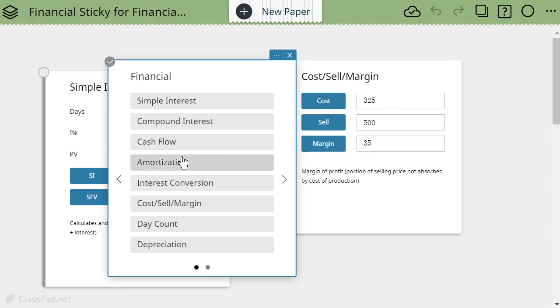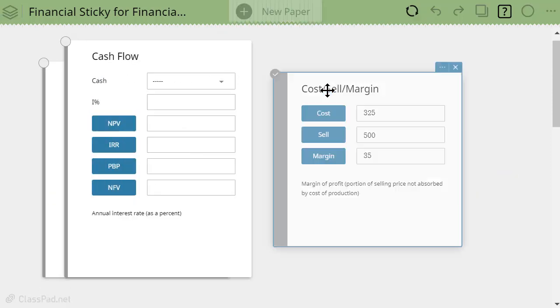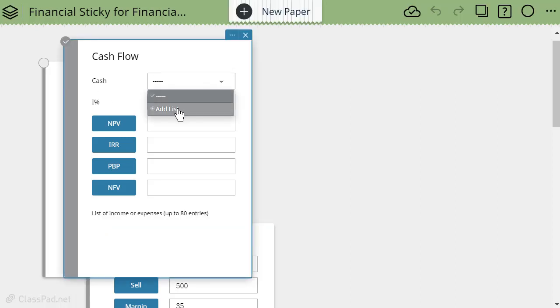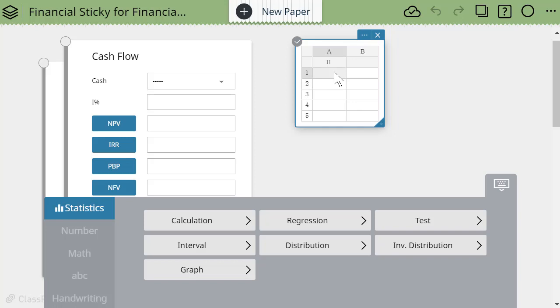But if we were to look at, say, cash flow, where I'm trying to maybe see how much cash I have from my expenses and invoices, I have lots of different calculations that can happen here. I have to input the percent, and notice this one's like cash. Where's your cash coming from? It's looking for a list of numbers. So if you keep expenses and income in an Excel sheet, you can basically add a list and bring those in. We could call this list 1 and fill in your income that you're making, and it will use that list. So depending on the template, different things happen,